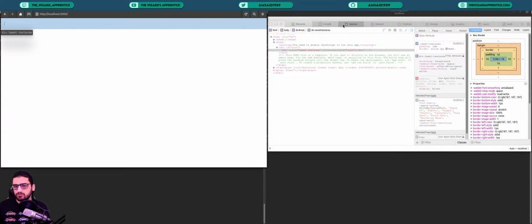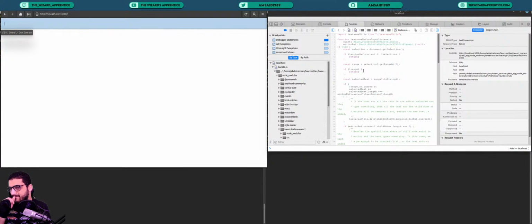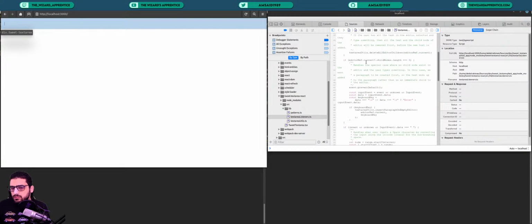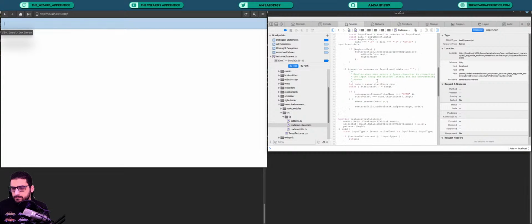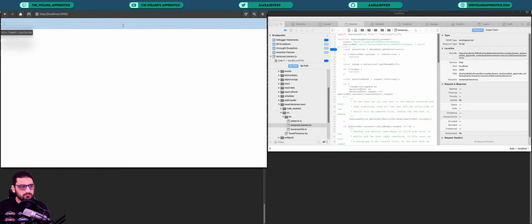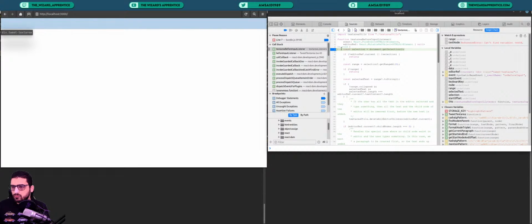So here's what we're going to do. We're going to try debugging this. So we have the listeners, this is the listeners file, and let's see what happens on before input. Let's actually just add a breakpoint here. And start typing. So we break,